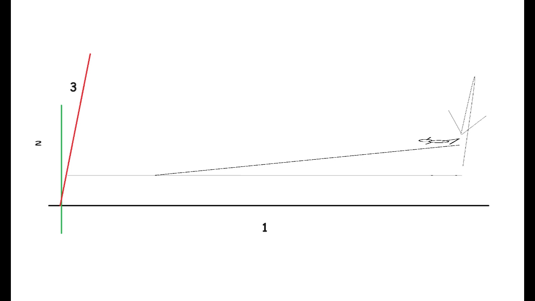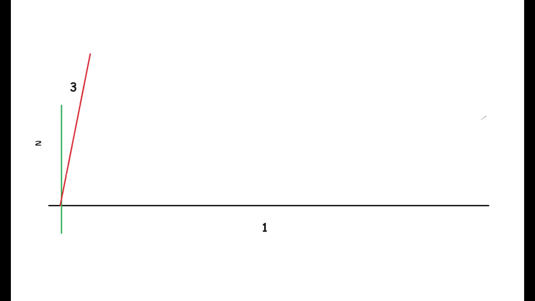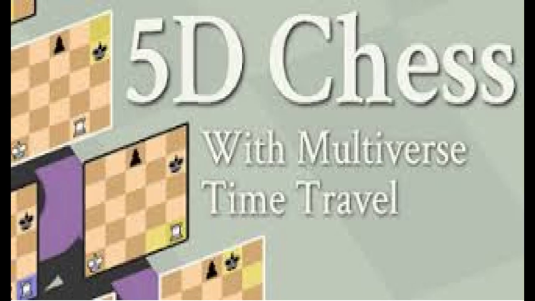Now, if we take those three dimensions as our time dimensions in 5D chess, and we superimpose it on a 2D chessboard, what is 3 plus 2? It's 5. So, therefore, and probably irrefutably, 5D chess exists as a five-dimensional game, which means that anyone who plays it has a massive brain and a massive